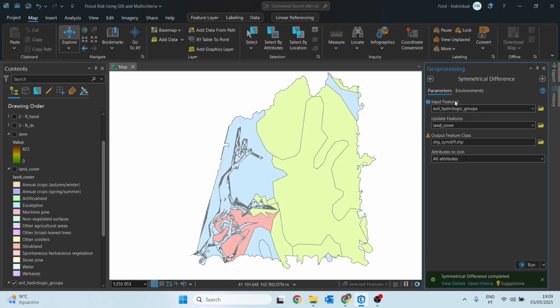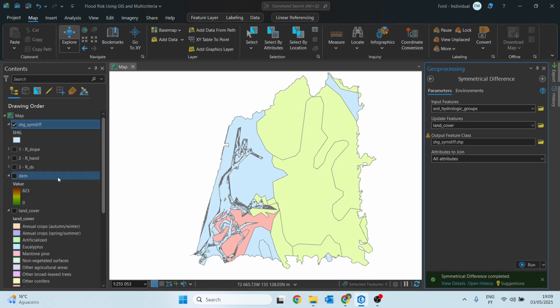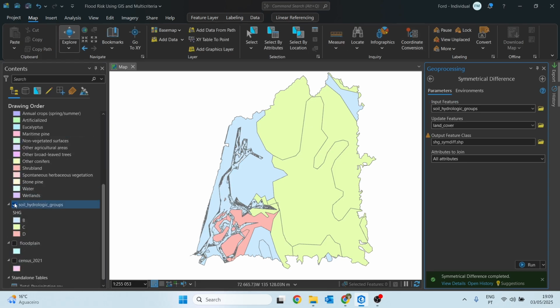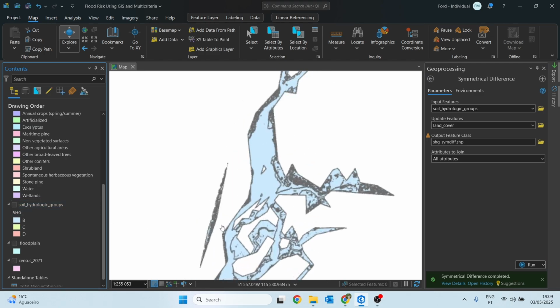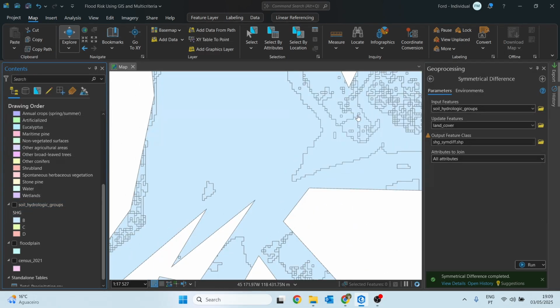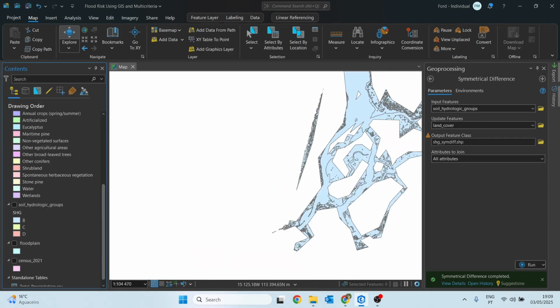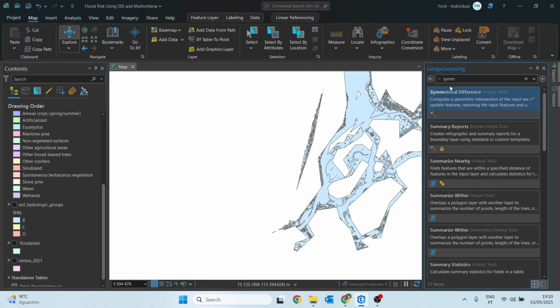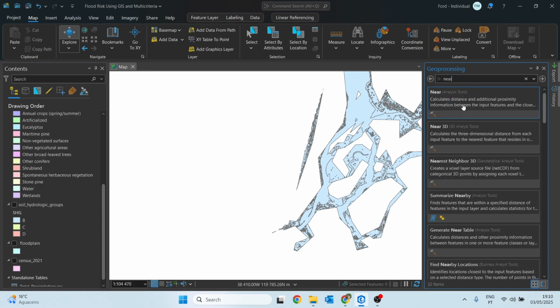As you can see, what we did here was fill the blank spaces using the land cover data. But what we actually want is not the land cover itself. We want to assign a soil hydrologic group from B to D. So what we are going to do is assign to each land cover element the nearest soil hydrologic group using the near tool in the geoprocessing tool. So let's search for near, click on this one,